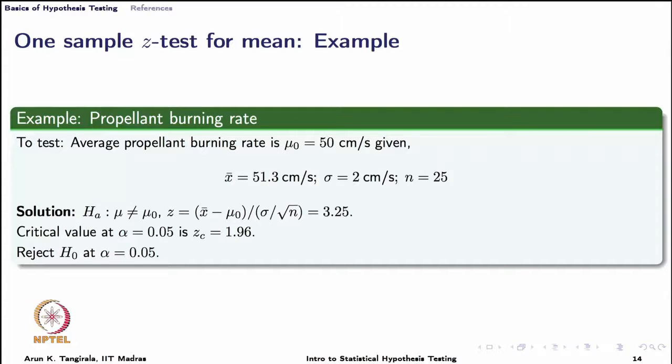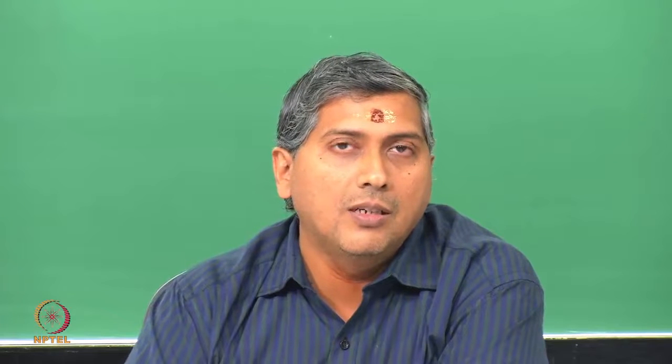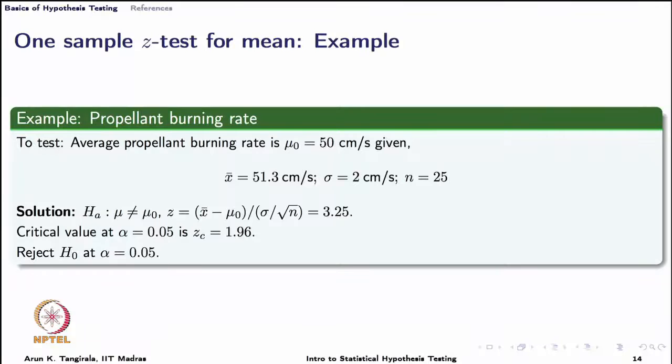So, one question that naturally comes to our minds is, what value of alpha will end up in the decision of failing to reject H naught, that is, not rejecting H naught. In other words, how low should alpha be so that the null hypothesis is not rejected? How do we calculate this? I am sure you must have developed an idea by now. Think about it, it is very easy.